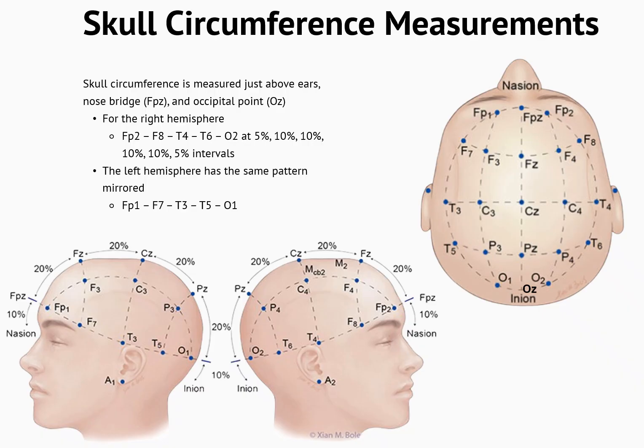Okay, so next we measure the skull's circumference. What we want to do is measure just above the ears, across the forehead, and around the back. So for a 100 centimeter giant head, the pattern divides the circle proportionally. Now this one is a little different because this is a development of the 10-20 system, a specialized version called the 10-5 system, and this is specifically for our skull circumference, because instead of that 10-20 pattern, we're